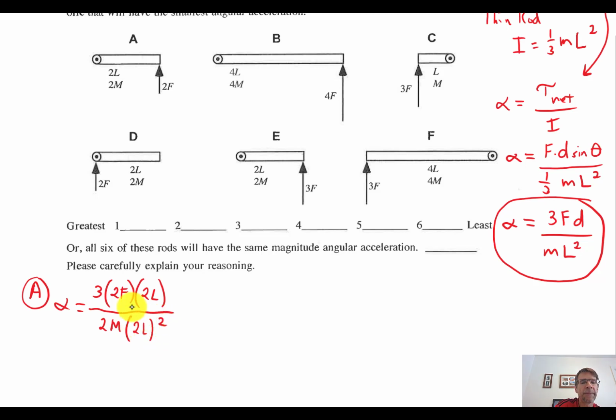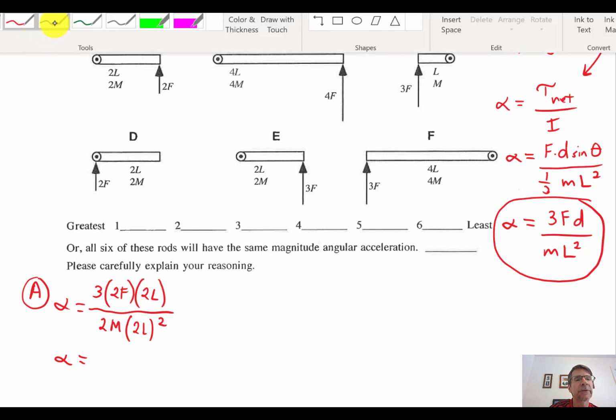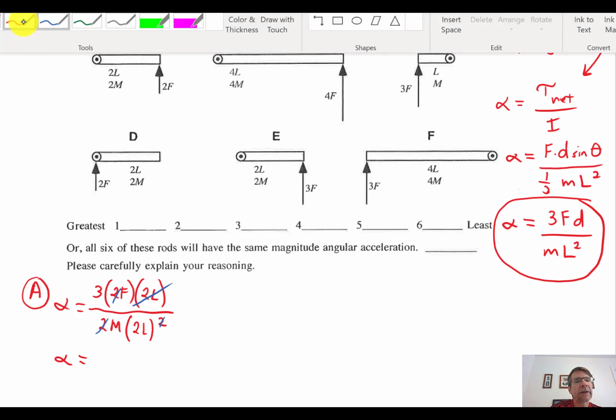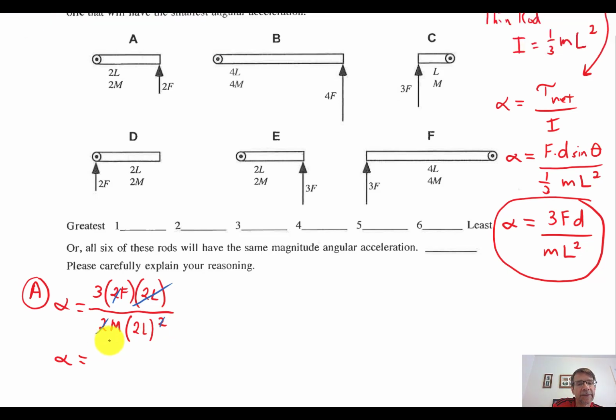So if you do the math here, the first time through I'll go a little slower. These are all factors, so you can cancel out. That 2 will cancel that 2. Now we have a 2L on the top and a 2L squared on the bottom. So that 2L will cancel one of those, but we're left with one of the 2L's on the bottom. When you simplify that, because when you have factors like that it's fairly simple to simplify it,